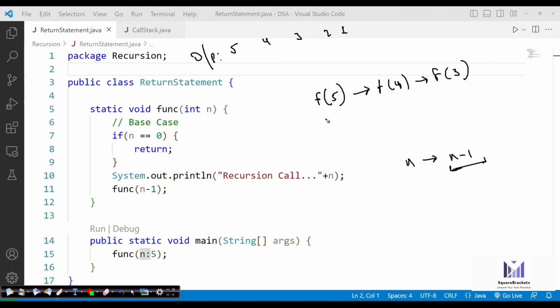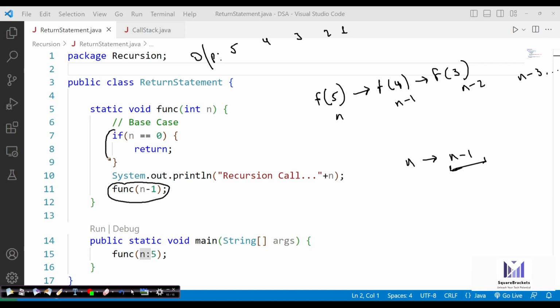That's why we are doing n minus 1, then n minus 2. So it is n here, then we do n minus 1, n minus 2, n minus 3, and so on. So this becomes like a series. First we have n, then it is divided into a small problem. So this is the small problem.